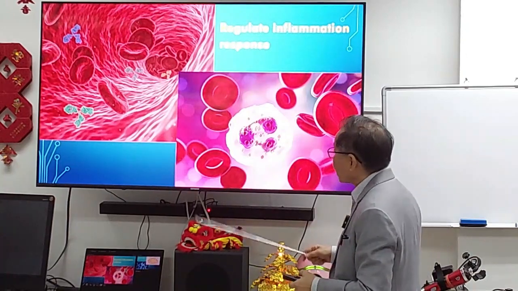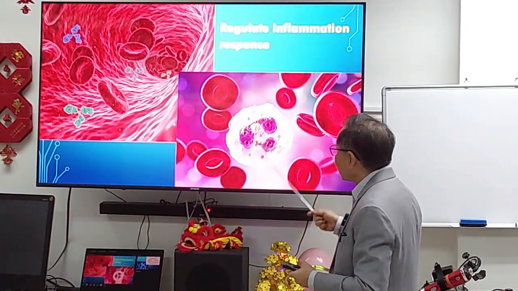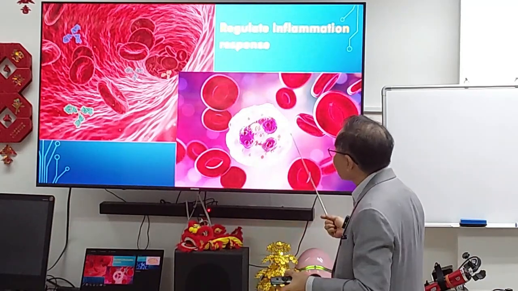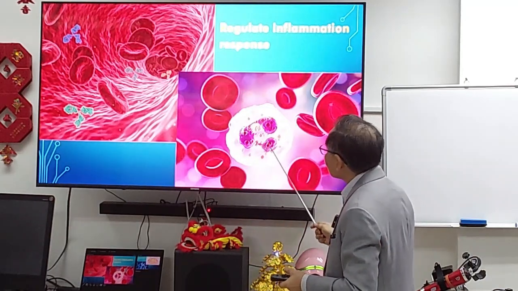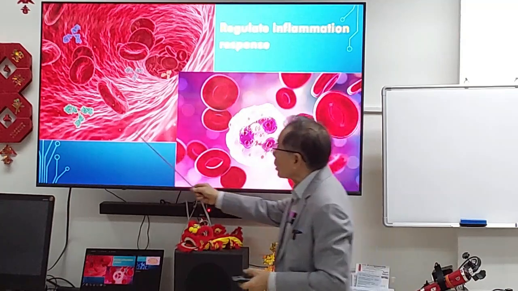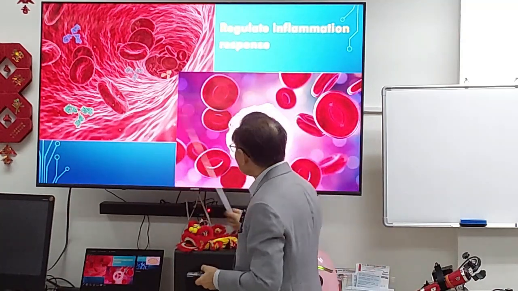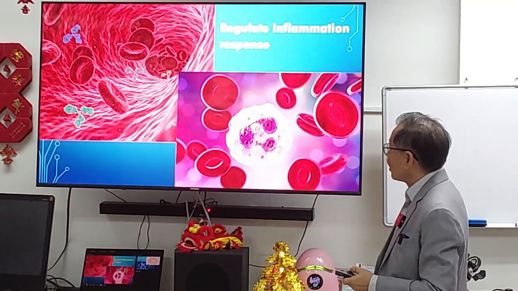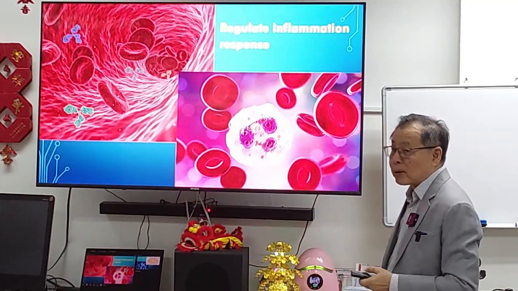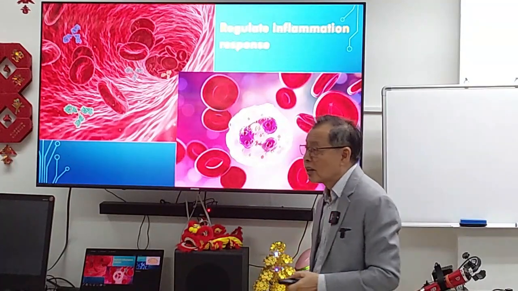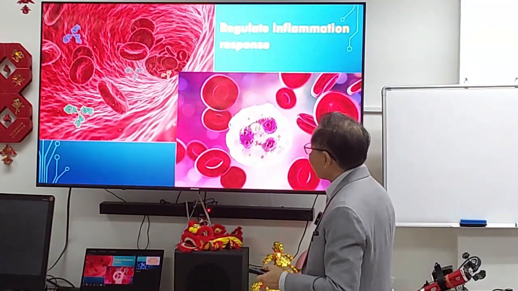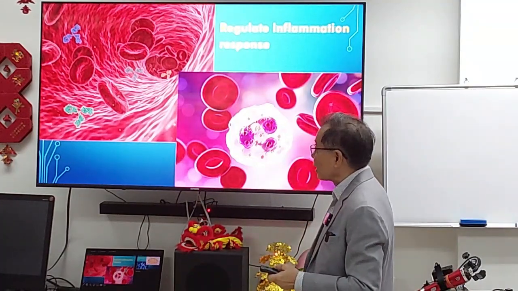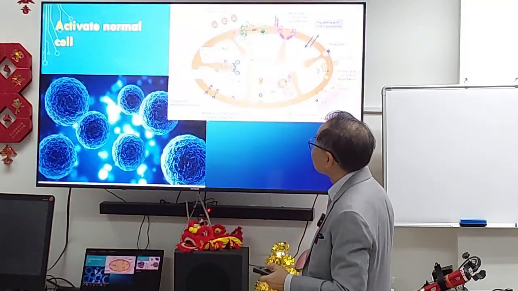So, because terahertz can regulate and activate cells and influence cells, it regulates inflammation by activating the white blood cells that you see on this slide. And that's how a lot of our inflammatory response can be modified when you shine terahertz on those parts of your body that are causing you pain or whatever symptoms you are having.